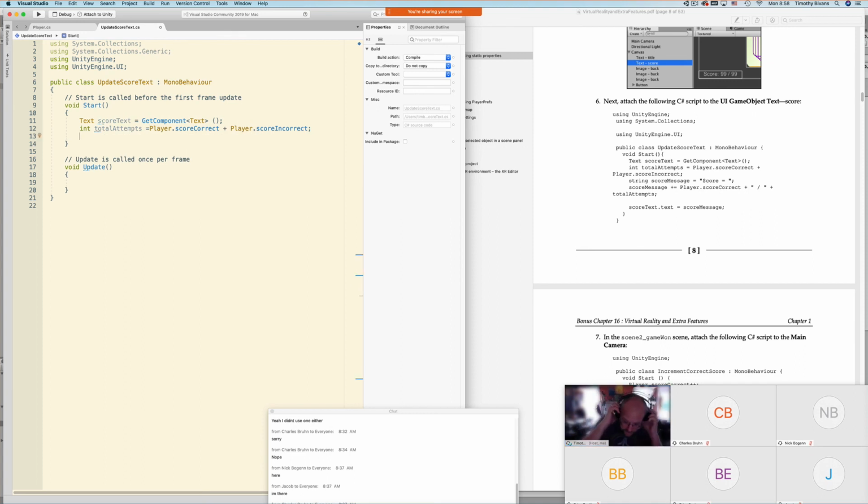Sorry, ear reach. Then we go string scoreMessage equals score equals. scoreMessage plus equals,